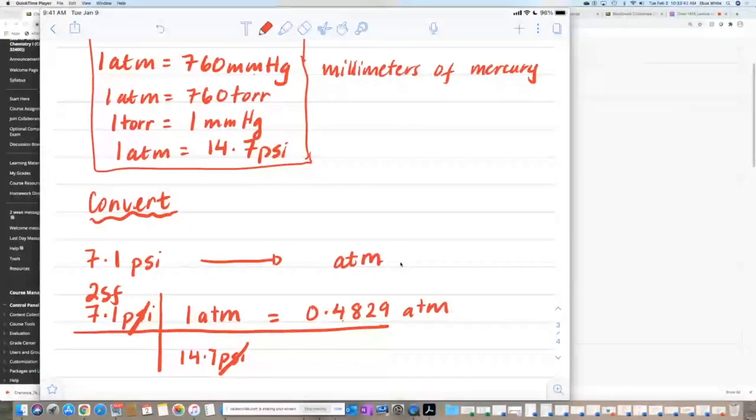But I want to round this because this is two significant figures. So I'm going to round this. This doesn't count. This remains. This remains. These drop off completely. So my answer will be 0.48 atmospheres,